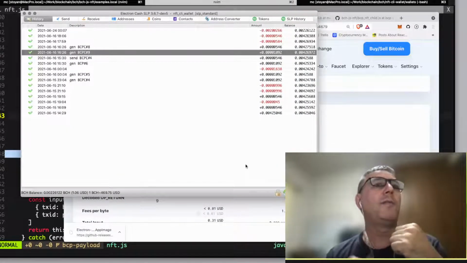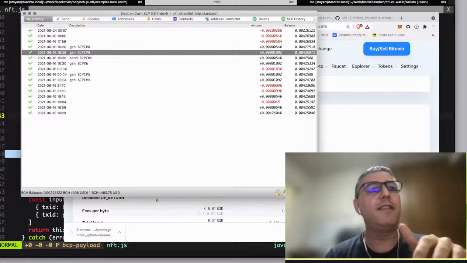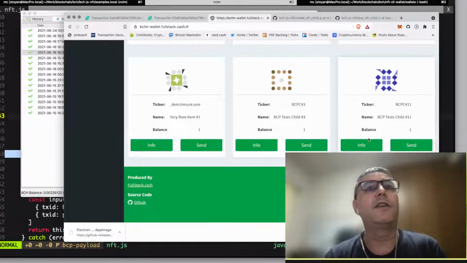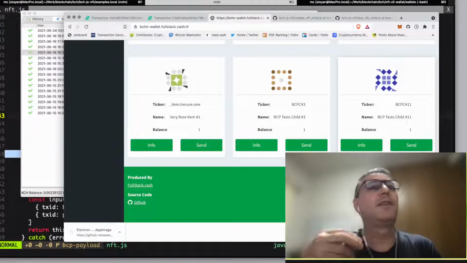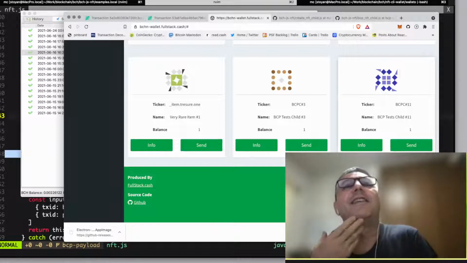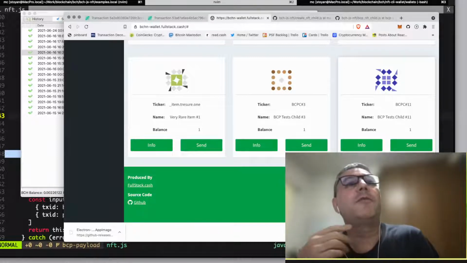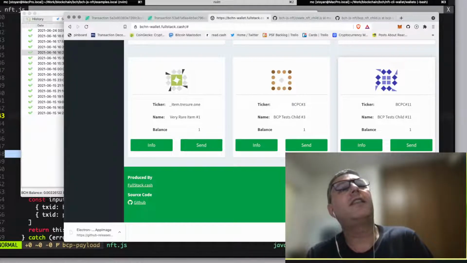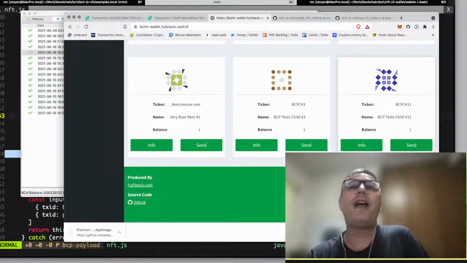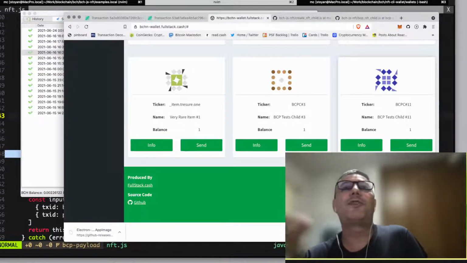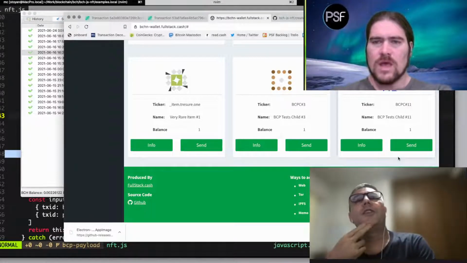But one more problem, for example, is if I send this token to somebody, like I already have it in my wallet here, the second OP_RETURN will be lost, because the send does not understand that there is a second OP_RETURN. So every time you send such tokens and you decide to display it, you need to go to the Genesis transaction to get the second OP_RETURN from there, which is a little pain.